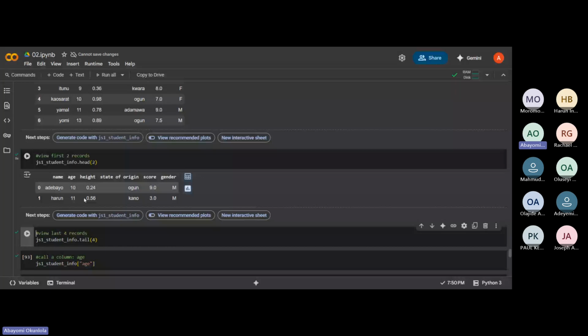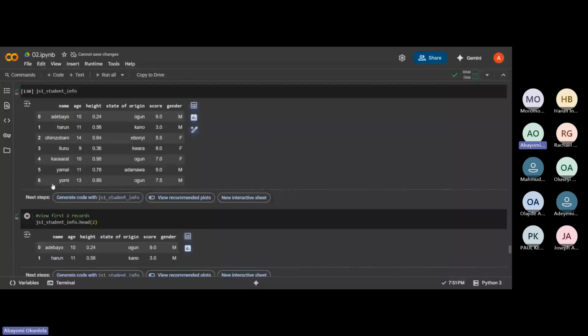You say student info dot tail, and then you put the number of rows you want to see. Then you see I have 1, 2, 3, 4, just to confirm. So these are the last 4 records.